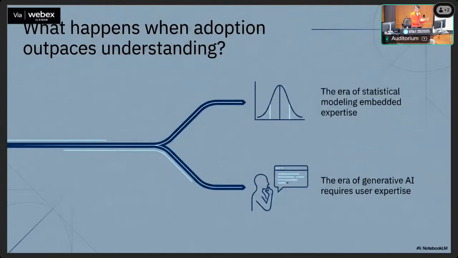I want to start by going back to general statistics on software adoption, because I think this is useful. I do have a separate talk about this in astronomy, if you're interested in the numbers you'll see in a second. When you don't understand how statistical software works, the software carries that statistical modeling expertise. If you call a package, say like MC, which I'll talk about in a second, you might not understand how it works, but you know that you put in your model, run it for a while, it looks okay. Maybe I don't know exactly what okay means, but I know it gives me the error bar and that corner plot, and that's what I want.